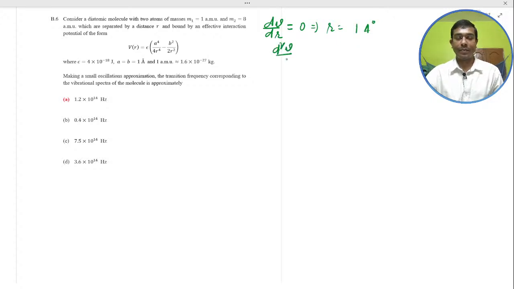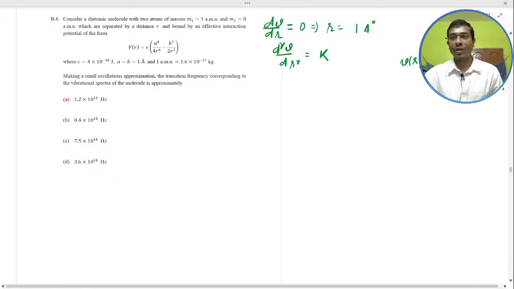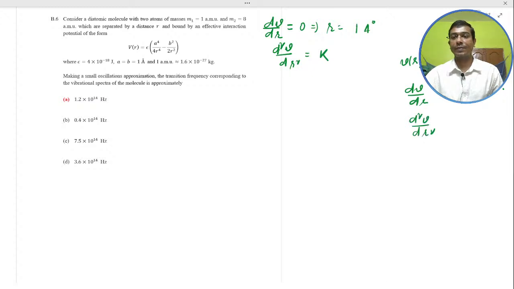The second order derivative d square V by dr square is nothing but the k, because V(r) is given as a to the power 4 by 4r to the power 4 minus b square by 2r square. Taking dV/dr and d square V/dr square,